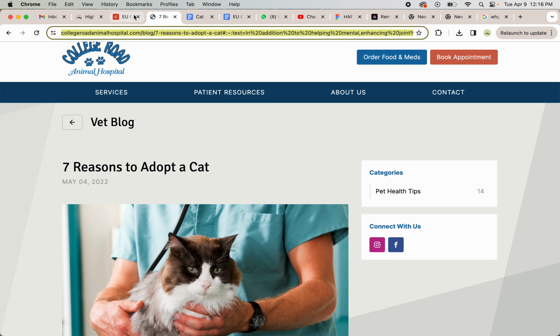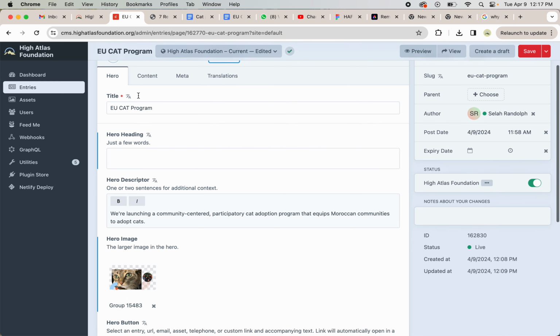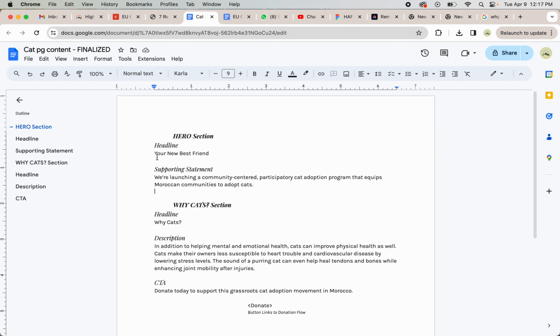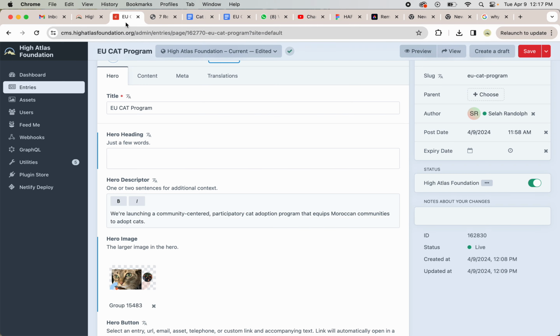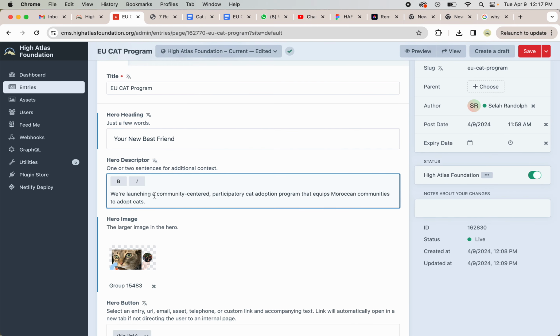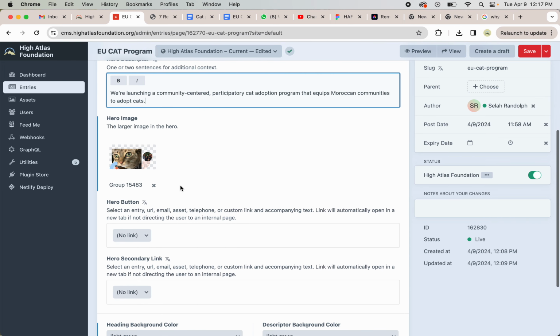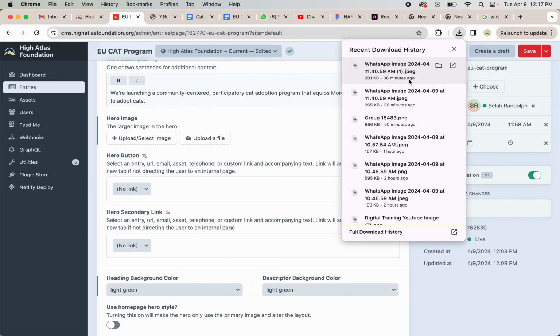So here we are. In our hero section, we've got the title, EU Cat Program, and then the hero heading. It's going to be your new best friend. This is going to be user-centered. We're drawing people in. And then the descriptor just gives some context for this program. We're launching a community-centered participatory cat adoption program. That's awesome. The hero image is here, and again, to edit that, all you have to do is drag and